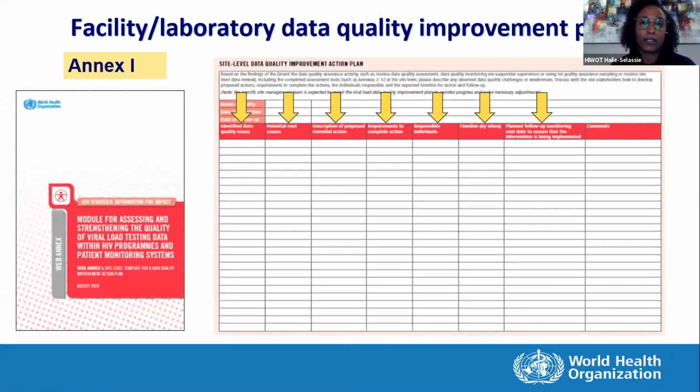We also have templates for the site improvement plan to address the data quality issues. I think many countries are familiar, and what we try to also include is something that we recognize too, that we often develop these plans, but the follow-up on the implementation is sometimes lagging. So we've tried to also include a column to really encourage the relevant levels, whether it be the district health management teams or the levels above, to make sure that the recommendations for that site are implemented and they have the resources and the support to do so, to address these data quality issues.